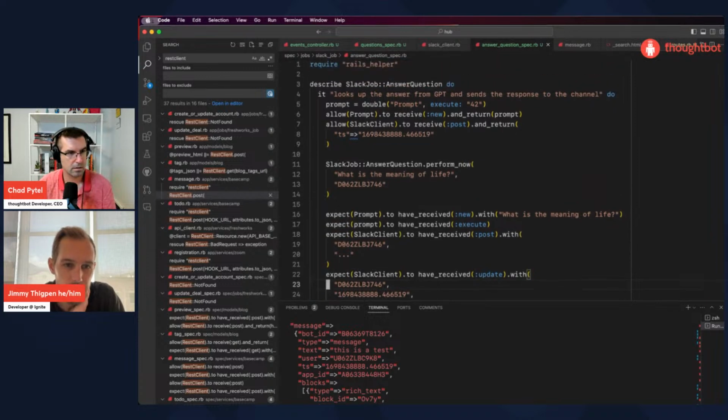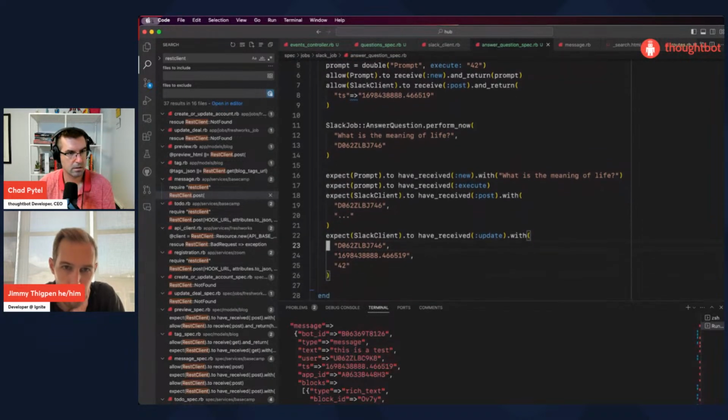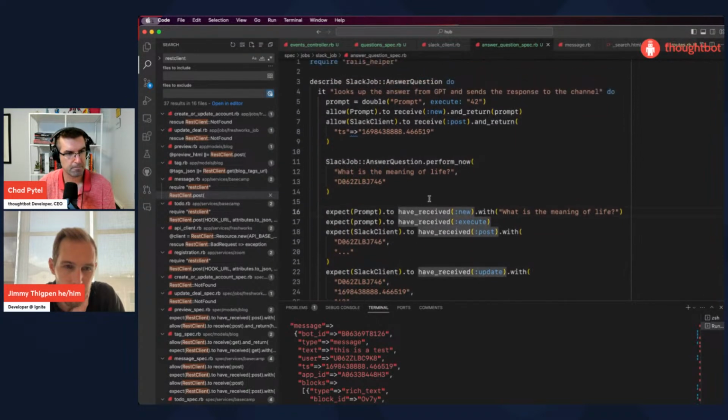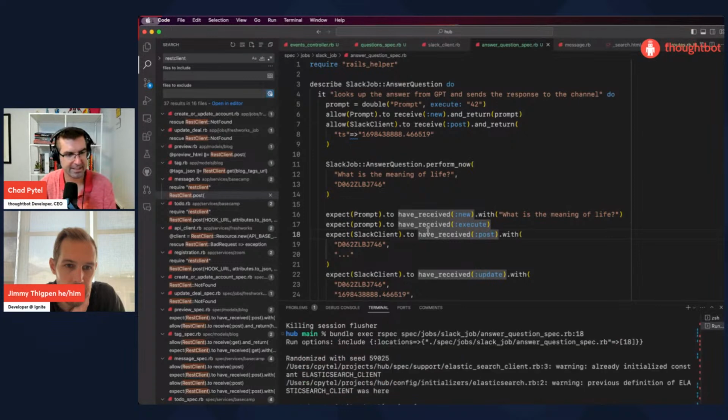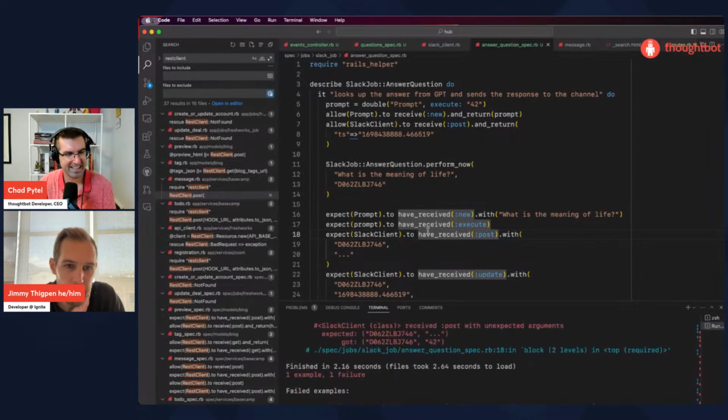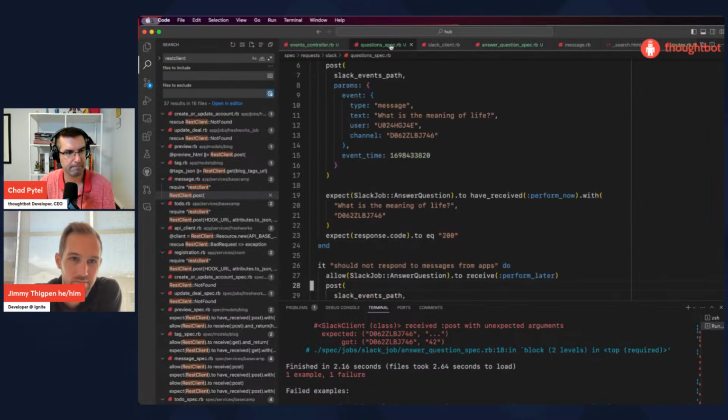The new body. Sweet. So then we're going to run those specs. They're totally going to fail. This will fail, yeah, and tell us that we don't have update in our Slack client, right? It expected ... and it got 42, which makes sense because we didn't change anything. Yep.